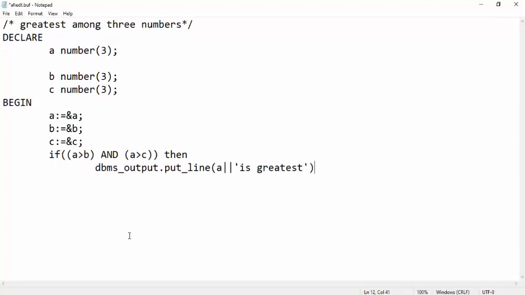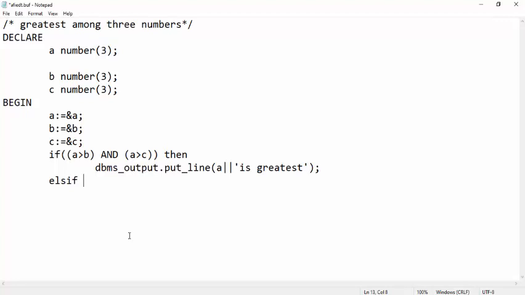Semicolon, and the next clause is, and here you have to write else if. The way of writing else if is ELSIF. You don't have to write ELSE. You have to write ELSIF.